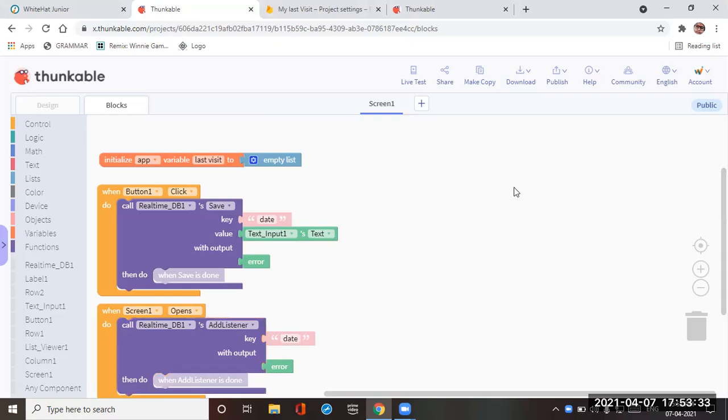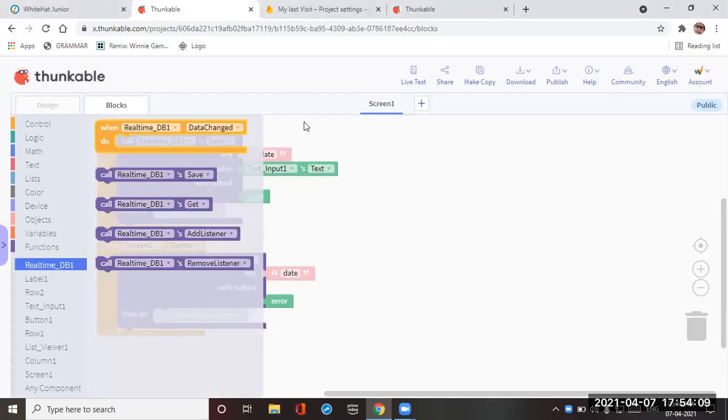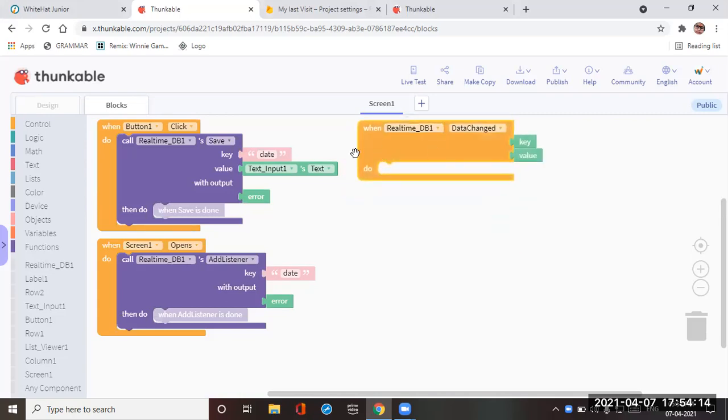Why we are using the same key is, when the key will be wrong, then our full code will be on wrong steps. Key is just like a variable which is holding a value in it. Now when real-time DB1's data will be changed, the value is double equal to data. When it will be changed, what should happen?